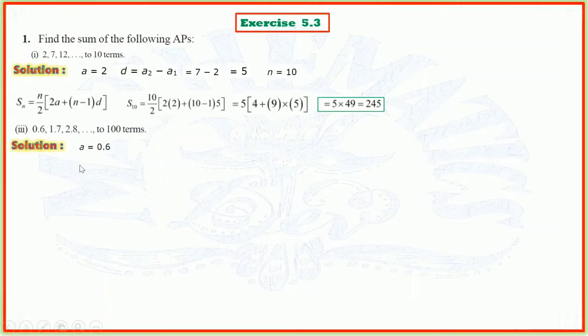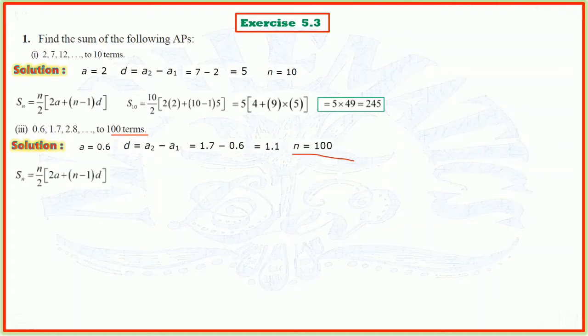First term is 0.6, the common difference, second term minus first term, which is 1.7 minus 0.6 equals 1.1, and the number of terms, as it is given in the question, equals 100. So we'll use that formula again, n by 2 into 2a plus n minus 1 into d, which is nothing but